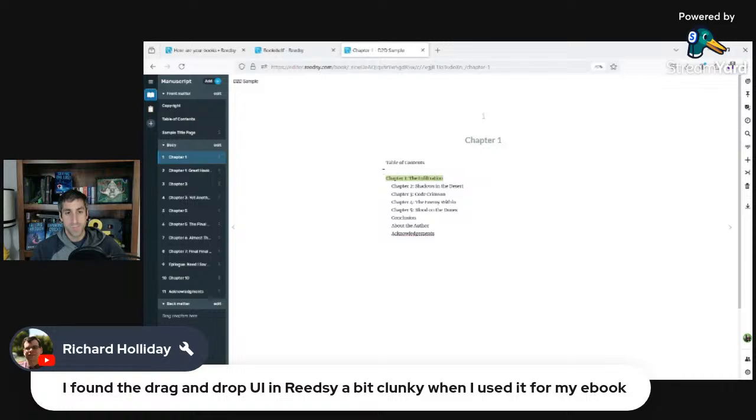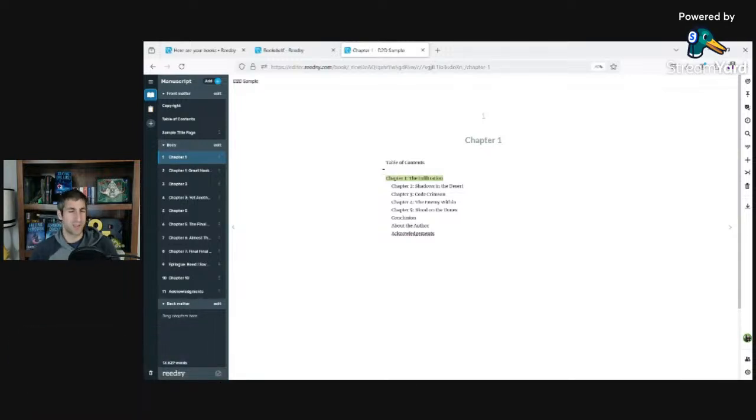So the drag and drop can be a little bit clunky, but if you know how to use the tool, just drag it on the right side, and it mostly works pretty well. But again, you need to do that, which isn't the most intuitive thing. You think that if you could grab anywhere within this left panel and just move the chapters around, it's fine, but you need to actually grab it from the six dots on the right side.